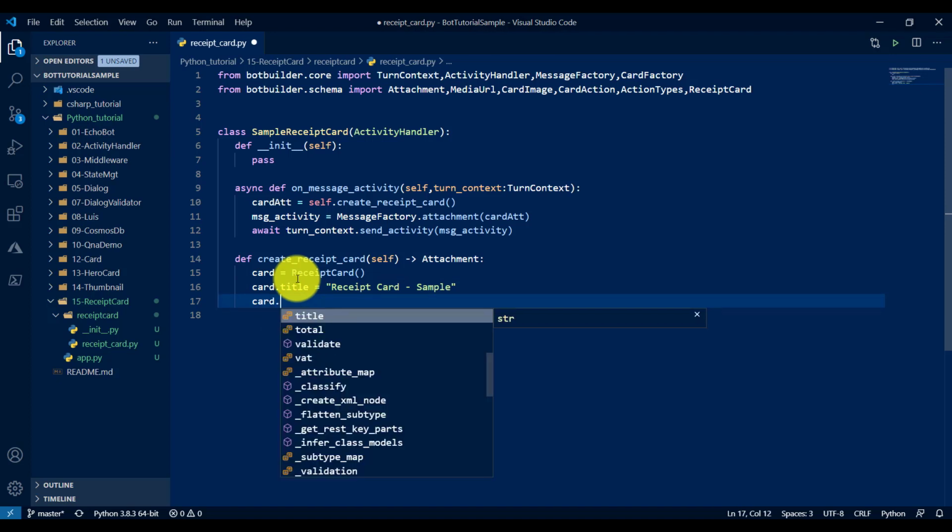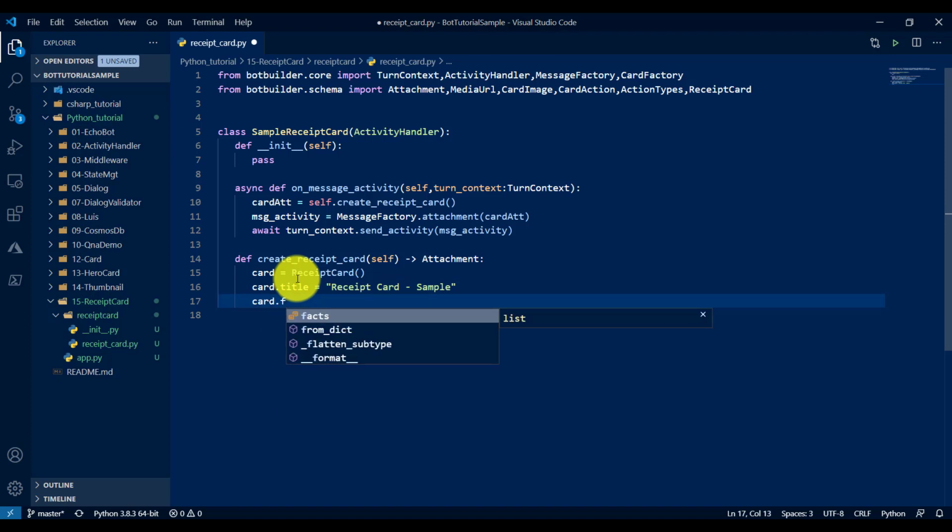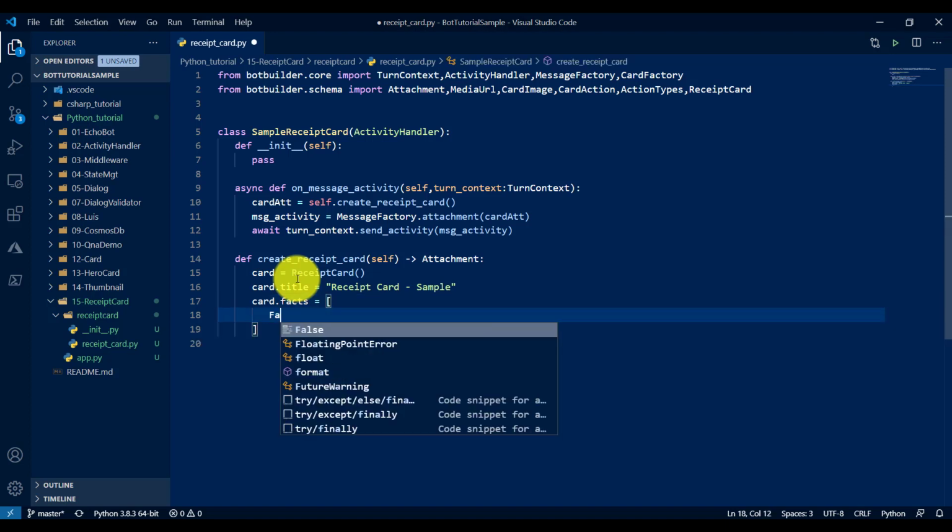Next, I want to assign the facts, like headers, bill number, and payment method. So that we have to add in the facts. Here I am just adding an array. You can add a number of items.